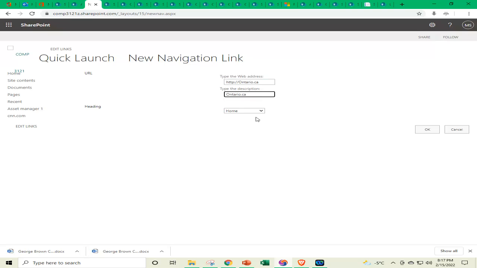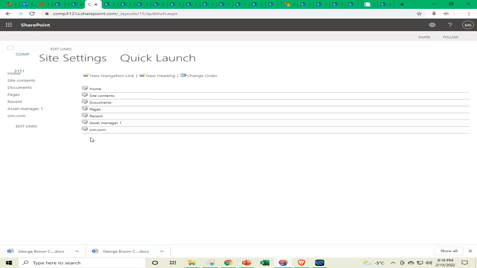Here we can select any of the headings, under which heading we want this new navigational link to appear. Let's click on this into our site contents or anywhere. Like for example, we can first go back, cancel this one,